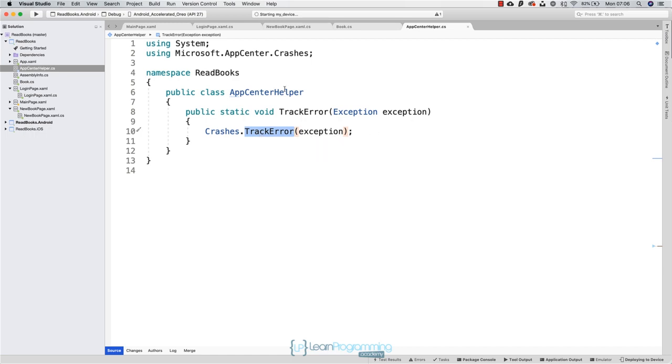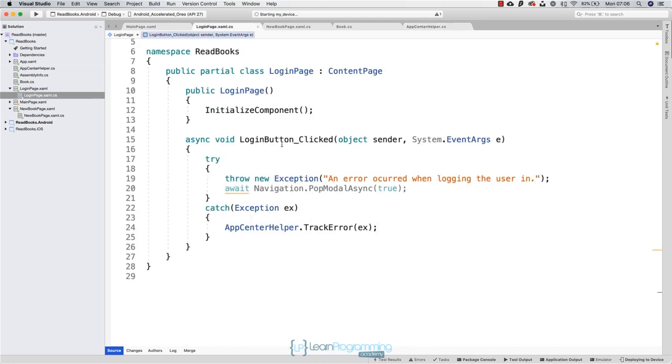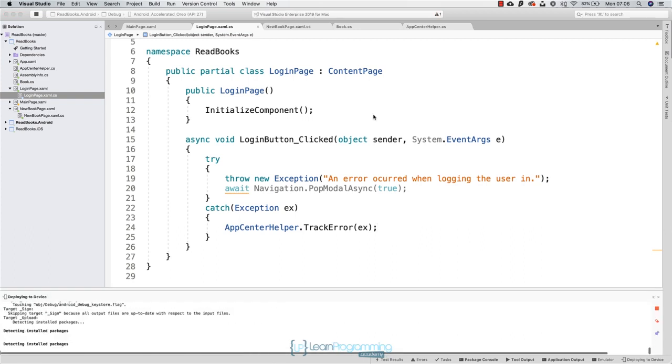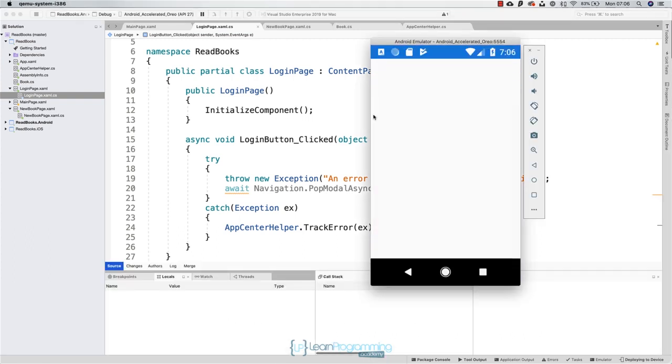So let's take a look at this. We know that this is going to be tracked when we click the login button inside of the login page. So let's run this on our simulator. And I'm going to be navigating first to the login page, clicking the login button, and see how it is that this was reported over to App Center. So I have here the application running, navigate over to the login page, click the login button, and apparently nothing